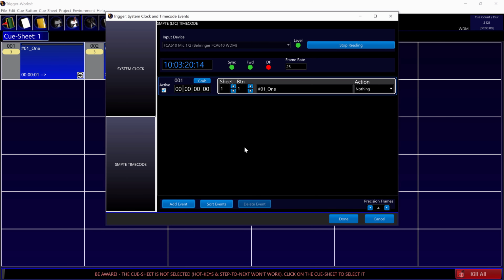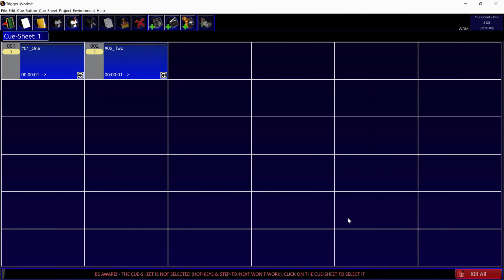We can add as many events as we like, and then we can type in a timecode value when we want that event to occur. So in this instance we'll put 10:04:00:00. We'll keep that as is, and it's button 1 we want to fire. And then when we're happy with that, we can simply click done down here, and when that timecode is